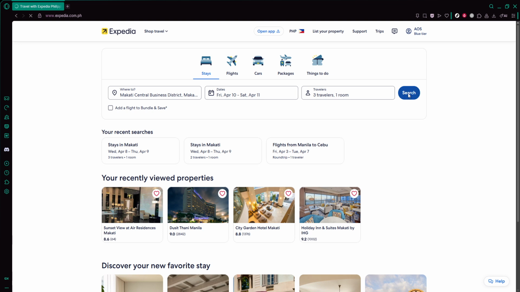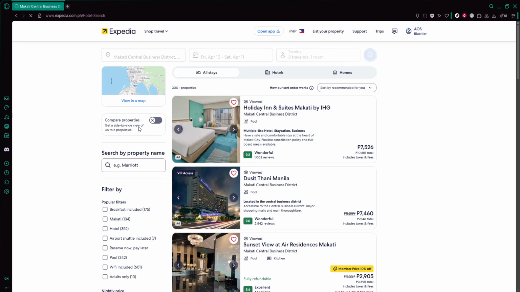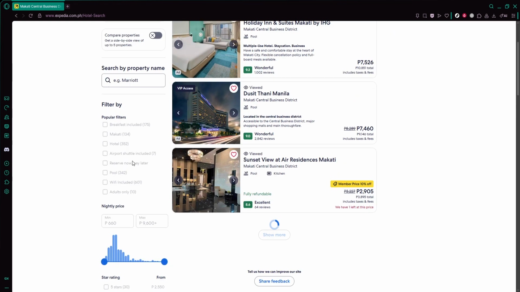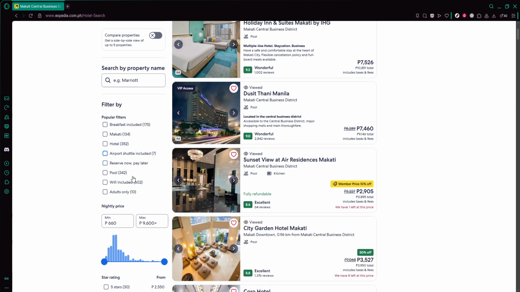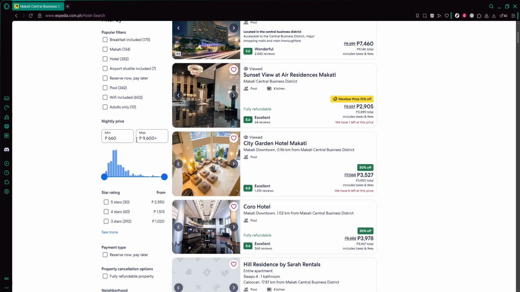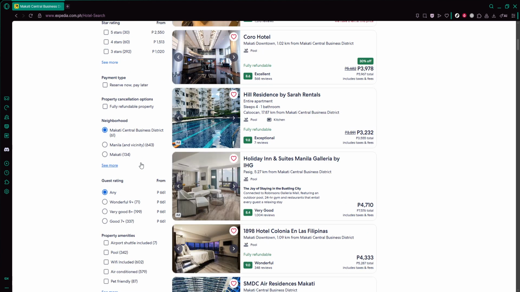When the list of hotels appears, this is where filters become very helpful. Look for filter options related to room type or amenities. Some versions of Expedia give you a specific filter for connecting rooms, while others may list them under family rooms or family-friendly options. If you see a filter for connecting rooms, go ahead and turn it on. If you don't, try selecting family rooms or larger room types instead, because those are often more likely to have